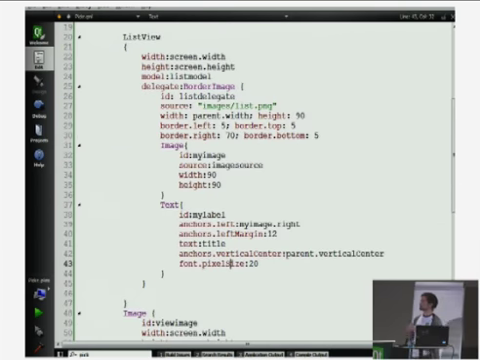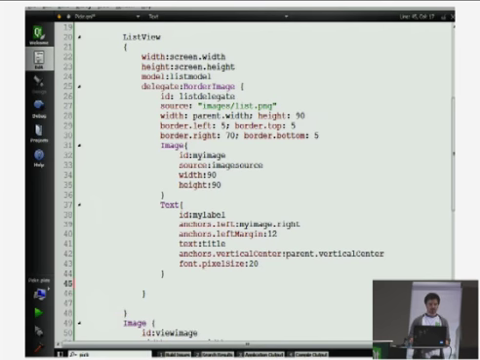Now, to actually shift the state, I need to have a mouse area somewhere I can click on. And where is the logical place to put that? In this case, the delegates, because each delegate is designed to look like a button. And in order to make a button in QML, all you have to do is assign a mouse area to it. So I'm going to throw a mouse area inside my delegate,